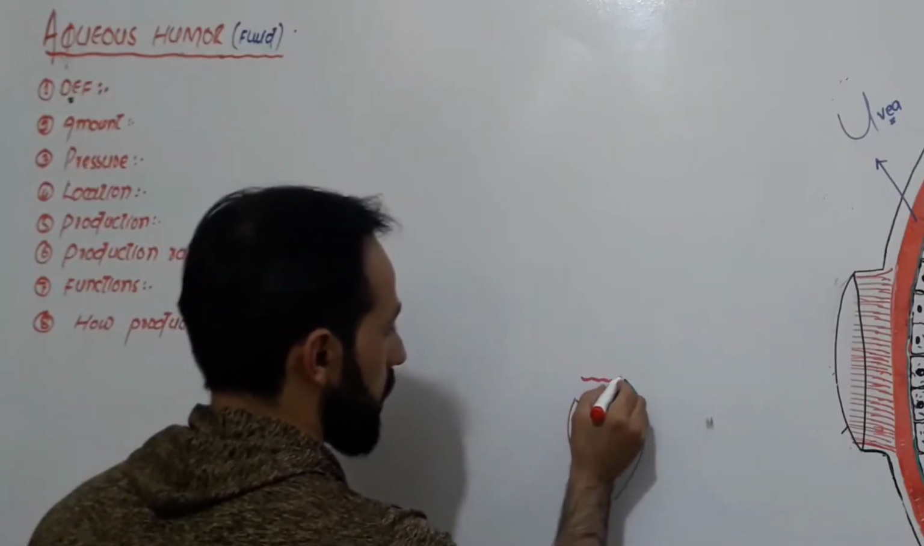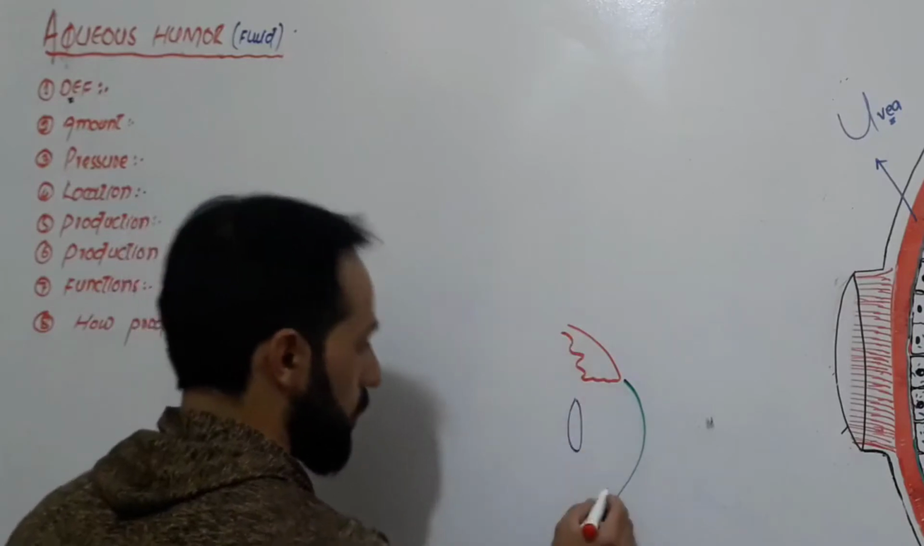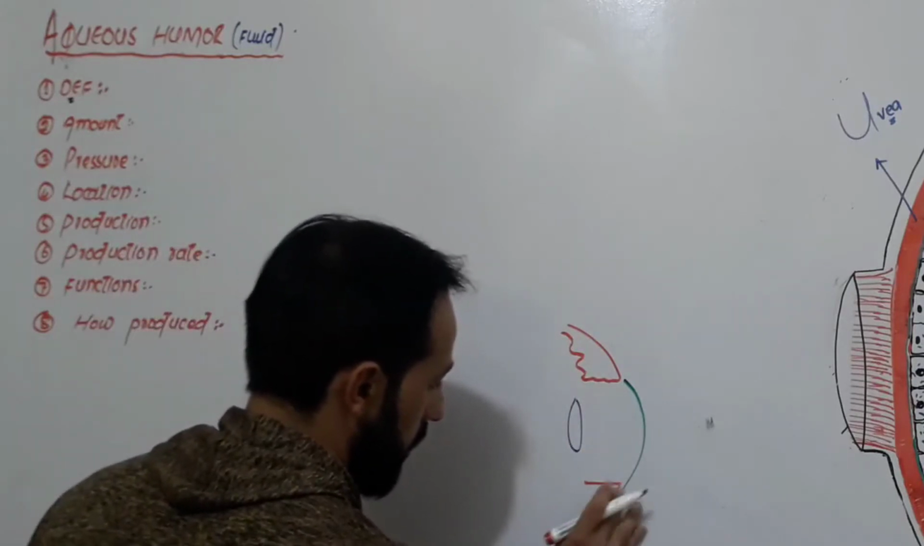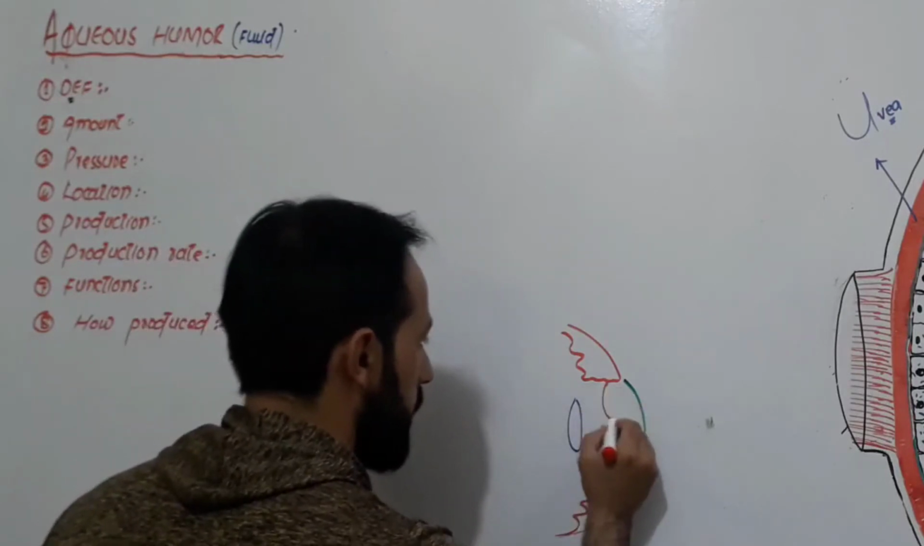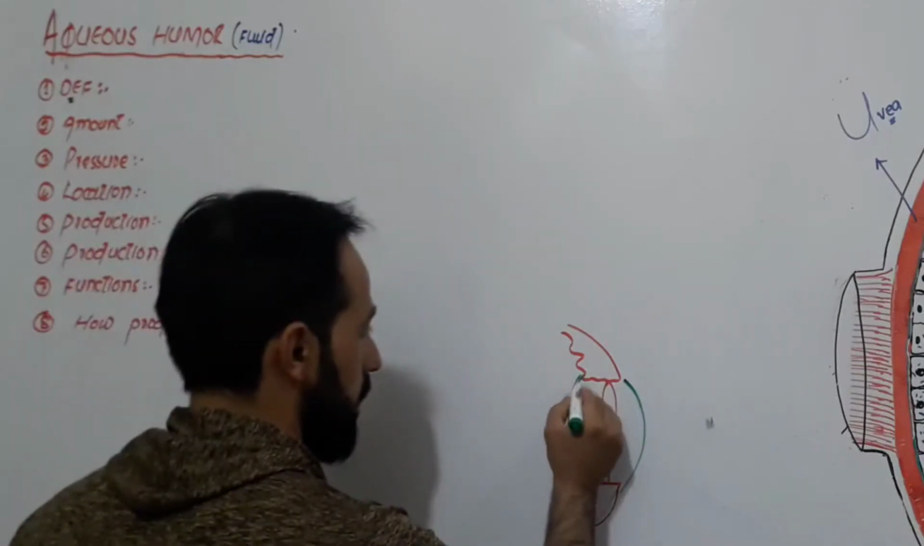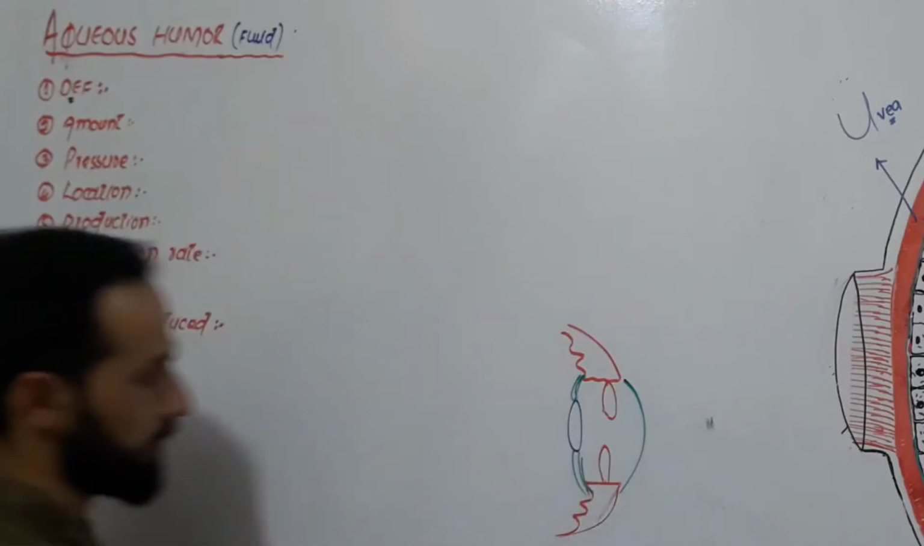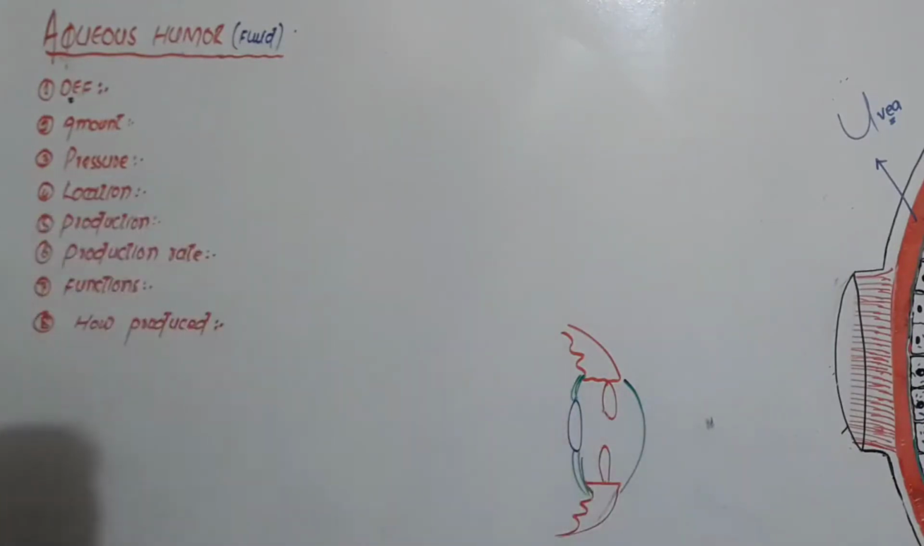This is your ciliary body, and here is also ciliary body, and this is your iris, right? And these are zonules of Zinn. So right, this is your anterior chamber. So a fluid,